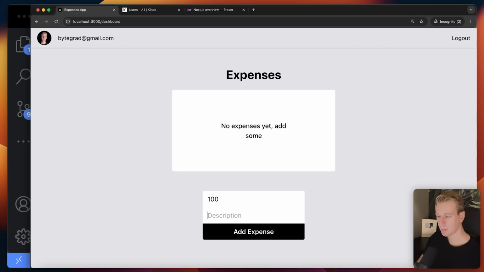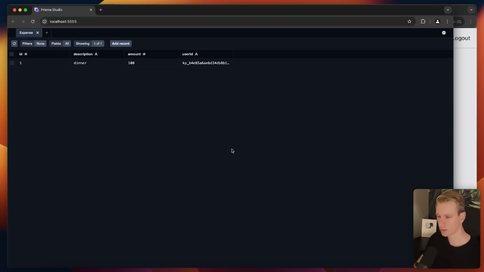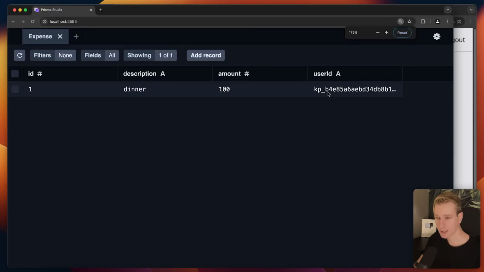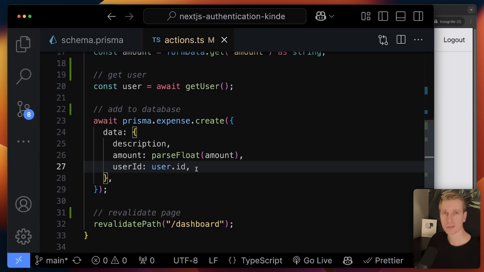So I had to update the schema of my database. So here during development, it will lose my data, but I can just try adding a new expense here. Okay, let's quickly inspect the data here. I can do that with Prisma Studio, just so I can see what's in my database. So now you can see I have one expense in my database and it has a user ID now, and you can see this is some string that I got from Kinde, right? So that's an easy way of connecting that external data from your auth provider with